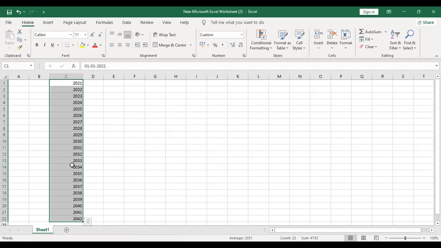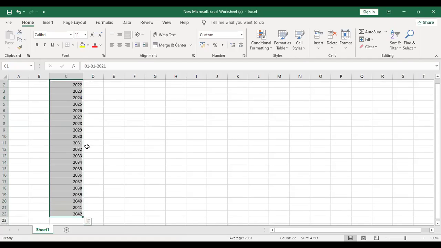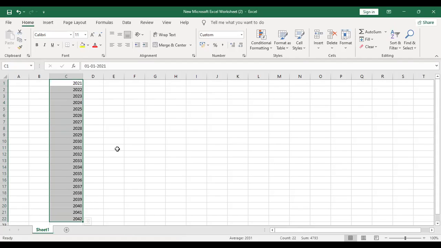Oh, perfect. This is interesting. The best thing here is that it is not changing the data. Your data remains as it is. If you have any formulas, if you have done any calculations on your date, you are not messing it up. Okay, this is nice. So I will share.